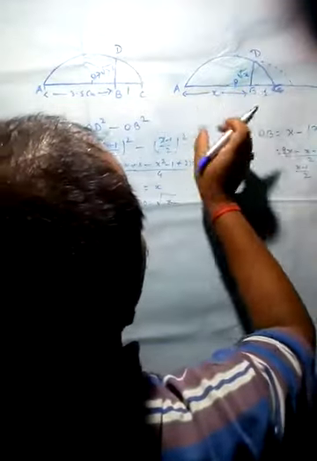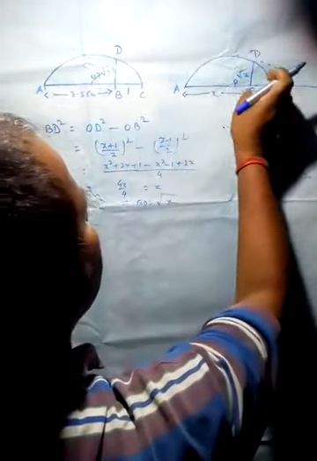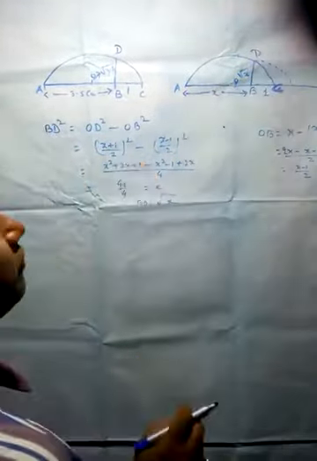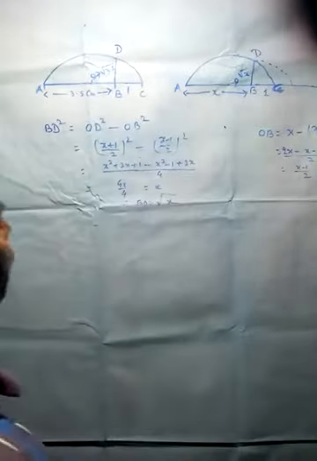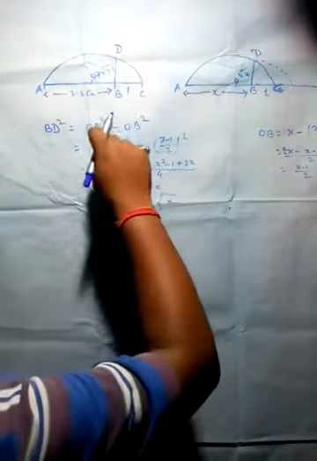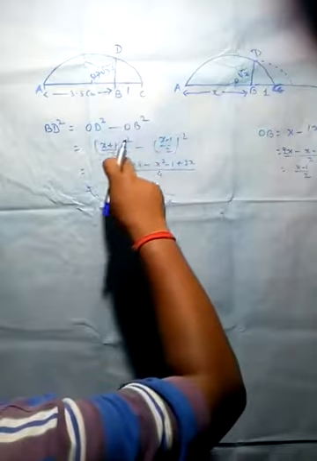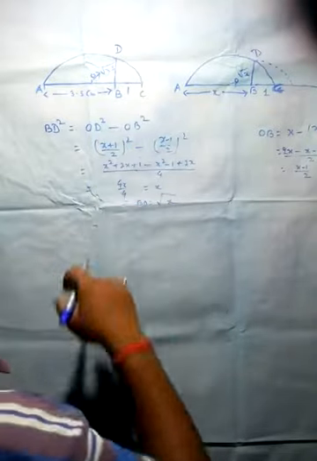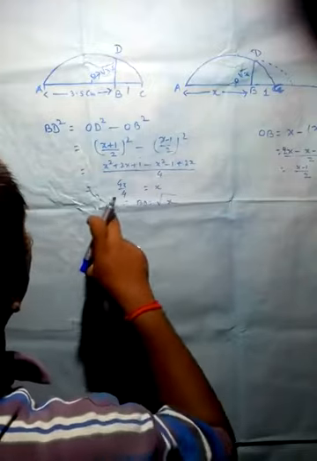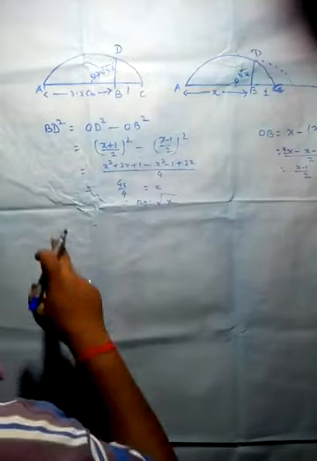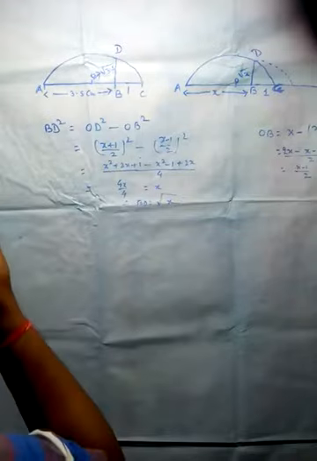So x minus OA. OA is equal to OD. So OD is equal to x plus 1 by 2. So OB is equal to x minus x plus 1 by 2, and finally it is x minus 1 by 2. Now put the value here, OD square minus OB square, that is x plus 1 by 2 whole square minus x minus 1 by 2 whole square, and finally after solution you will get that BD square is equal to x, and so BD is equal to root under x. So this distance BD is equal to root under x.